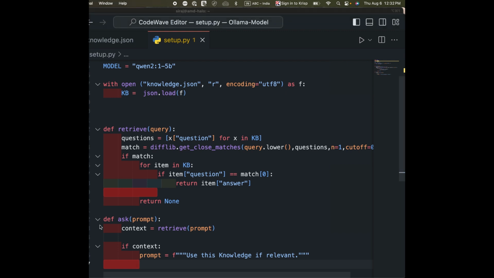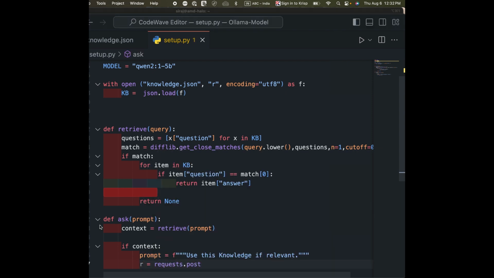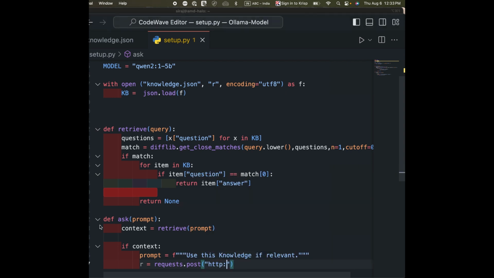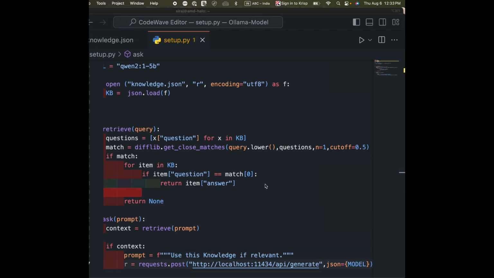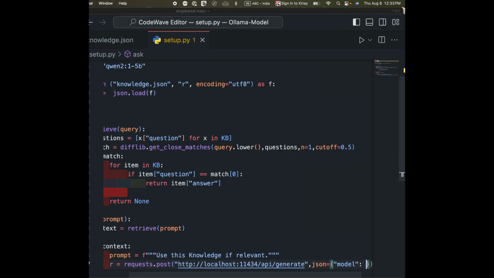So r will be equal to requests.post, and what it's gonna do is go to http://localhost:11434/api/generate, and json will be equal to the model. Sorry, this is supposed to be: model will be the model,